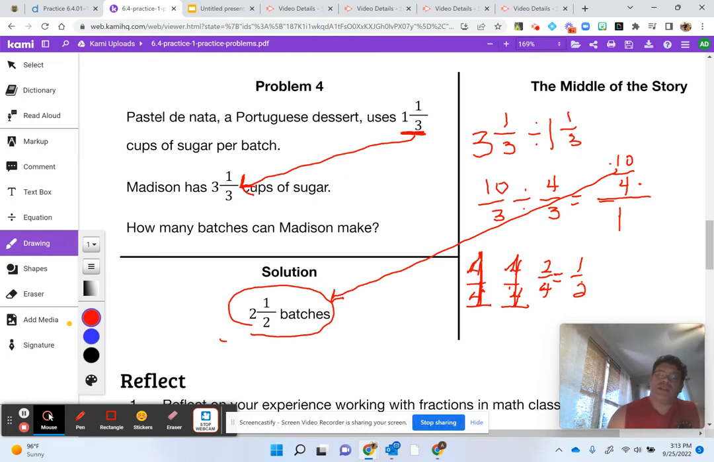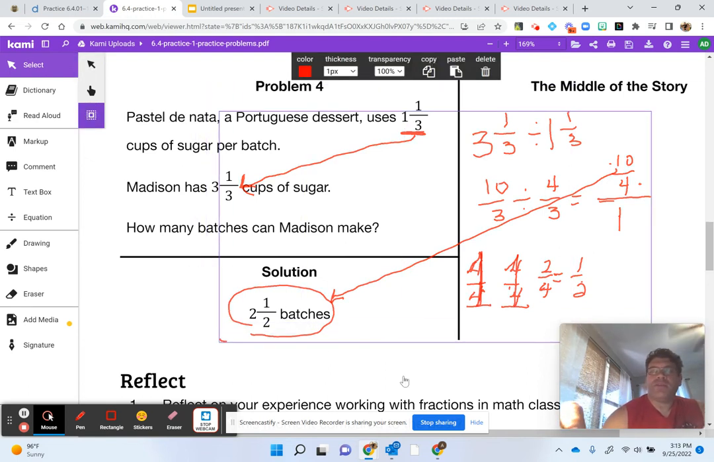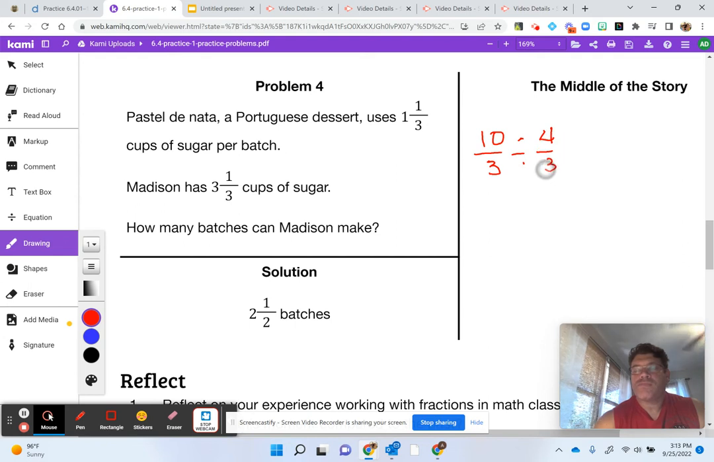Okay. Another way to show that, let me clean the board. Again, another way to do that is by taking our 10 thirds, dividing it by 4 thirds, and then doing that algorithm we talked about before. Oops, let's not mess up the algorithm. 3/4. And we get